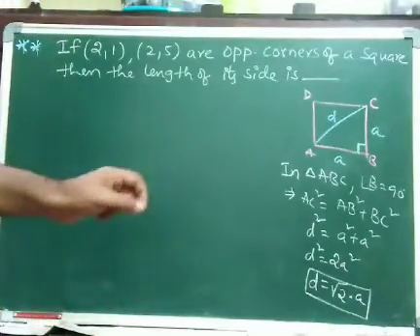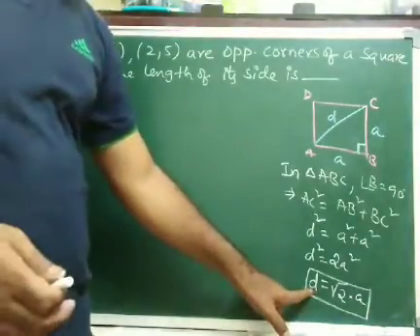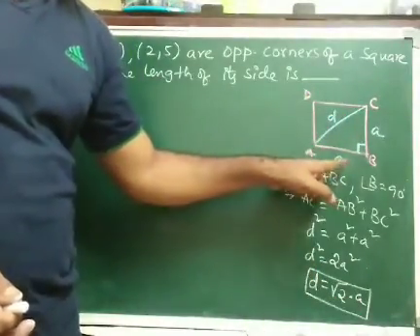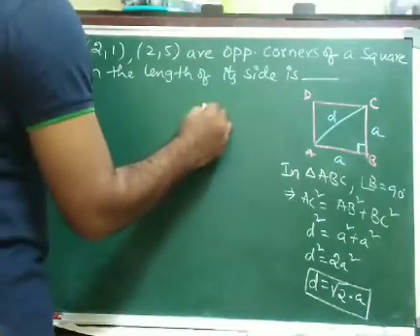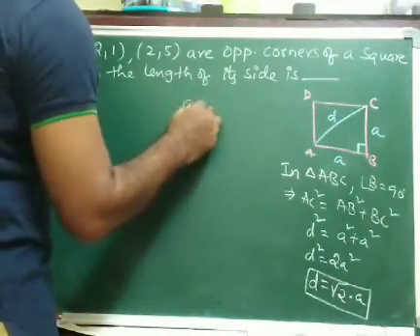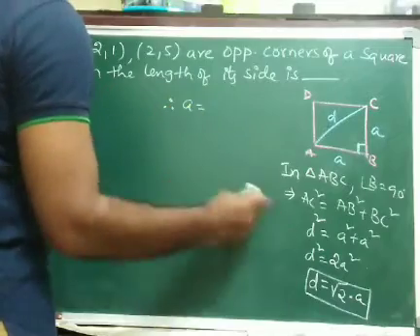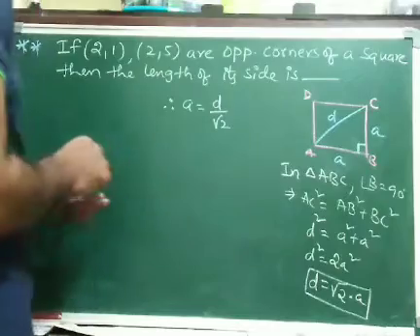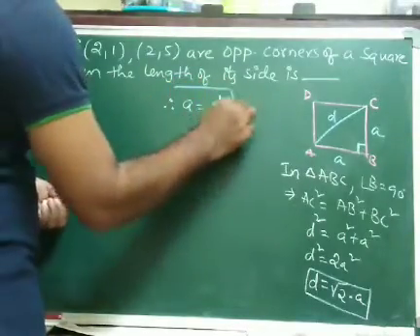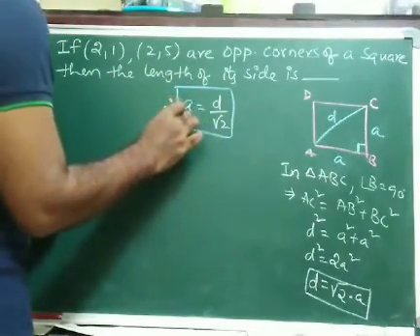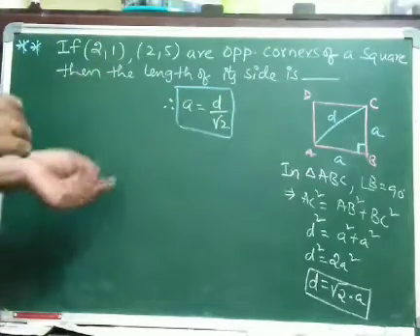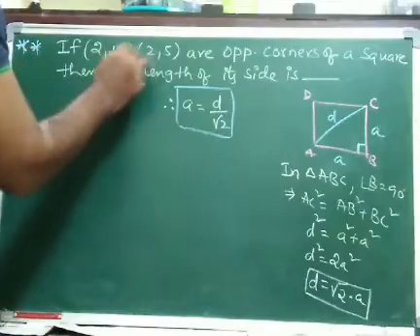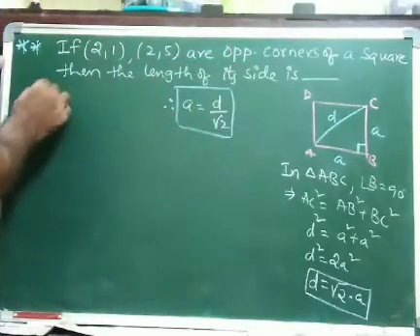Okay, fine. So what is here? D is nothing but the length of the diagonal and a is nothing but the length of the side. And from that, what is the formula for small a? Therefore, small a is equal to D by root 2. These are very, very important. Please remember that the length of the side, when you know the length of the diagonal, the formula is D by root 2.